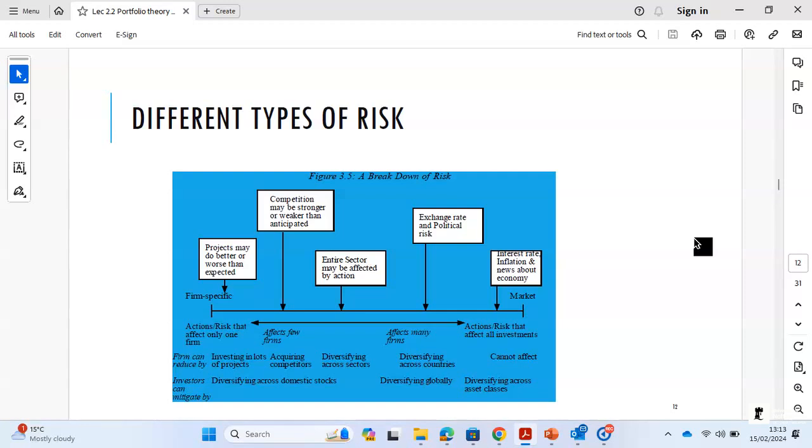So by adding debt, you're increasing the variation in earnings per share. And variation in returns, variation in earnings per share, is basically risk. This variation in return is what we call risk. So as you add more debt, it makes the firm more risky, because it introduces greater variation in earnings per share, greater variation in returns.